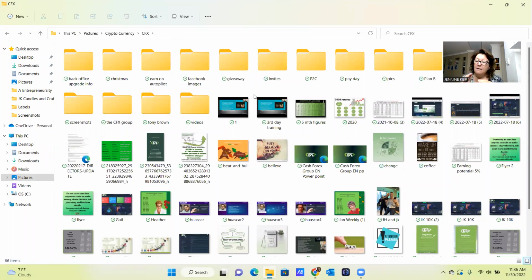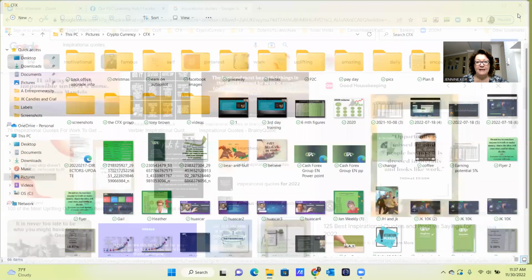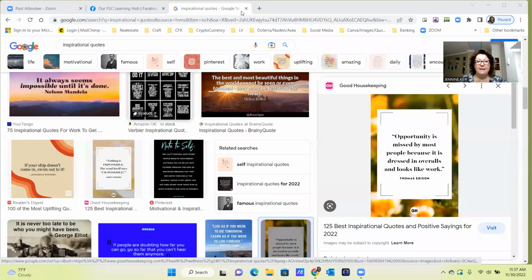So yeah, really give it some thought on how you want to save it. You could save everything in your documents folder and put your pictures in there as well. It doesn't matter that it says documents, if that makes sense. But I need you to get very familiar. We can do it together. I'm happy to work with you while you're learning your computer. But it's definitely something I need you familiar with to move forward with P2C.